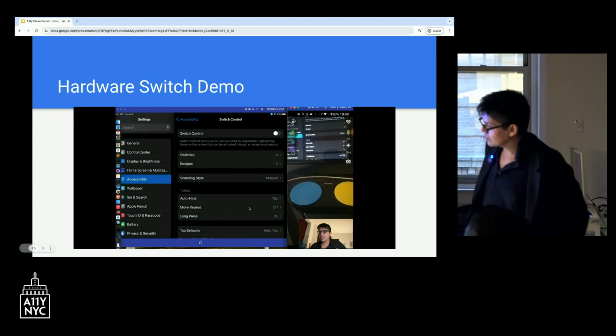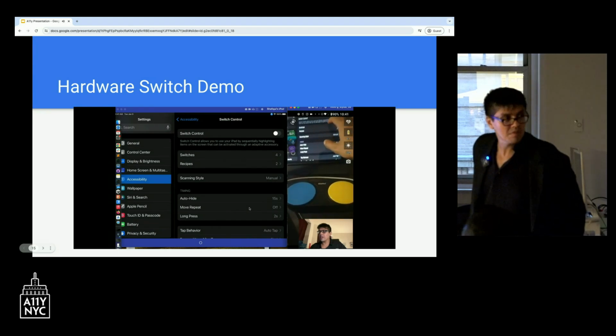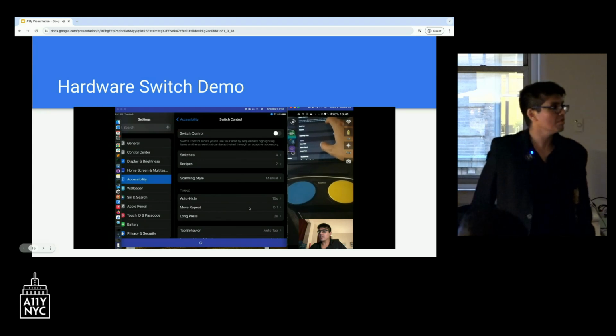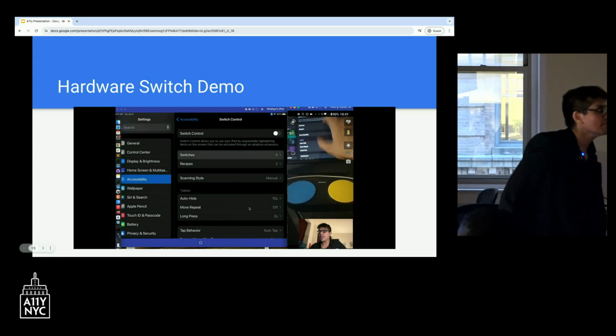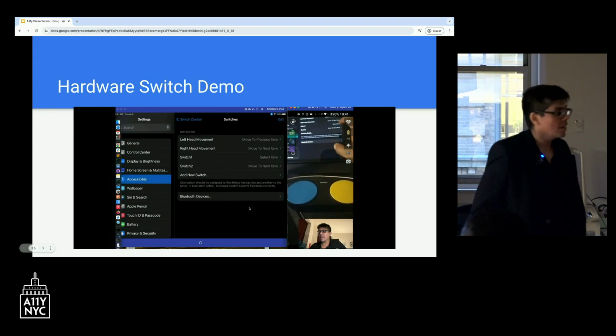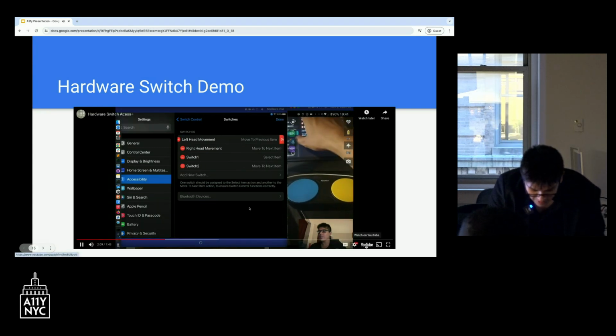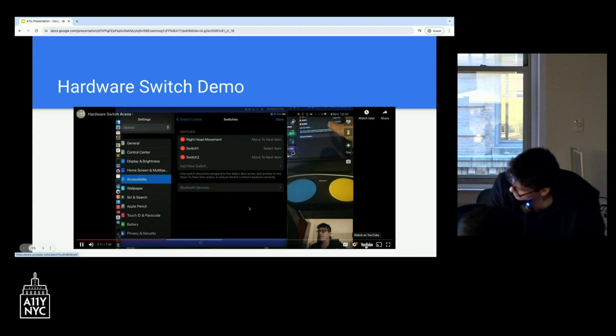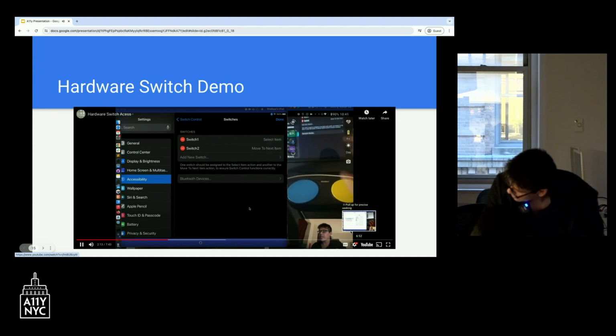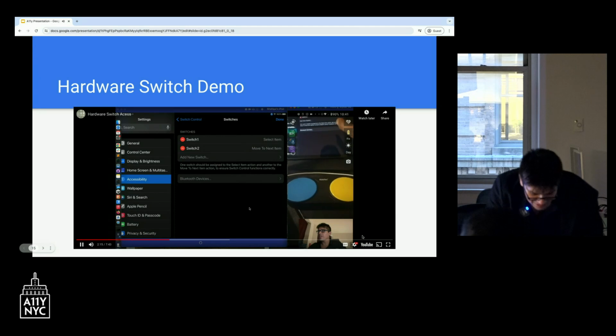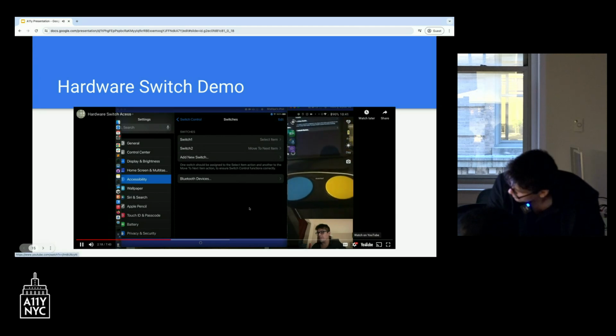In Switch Control, if you saw my camera switch video, you saw that in order to add switches, you have to go to the switches option here. And I have my camera switches here, so let me just remove these for now because I don't want to confuse anything. And I have my two physical switches here. So these are switches I added.